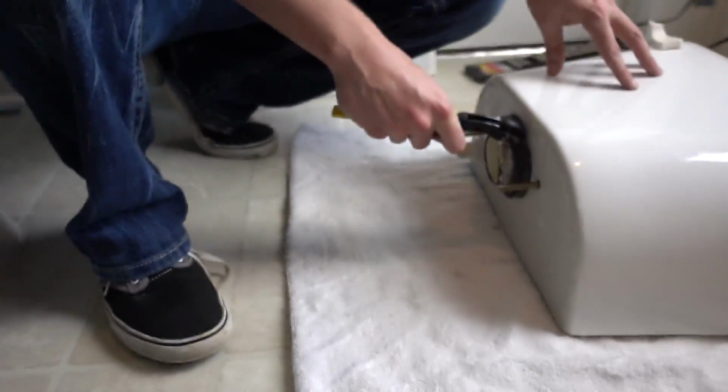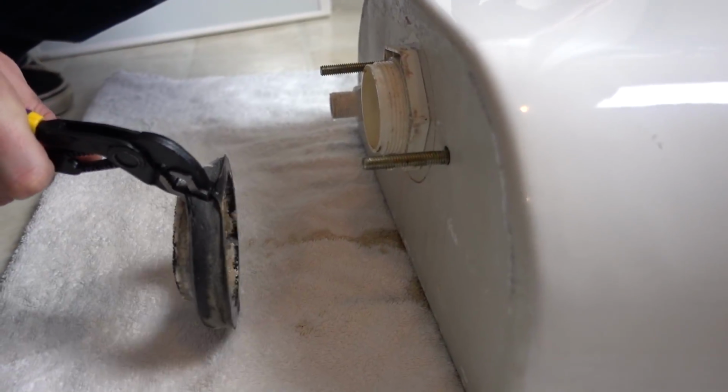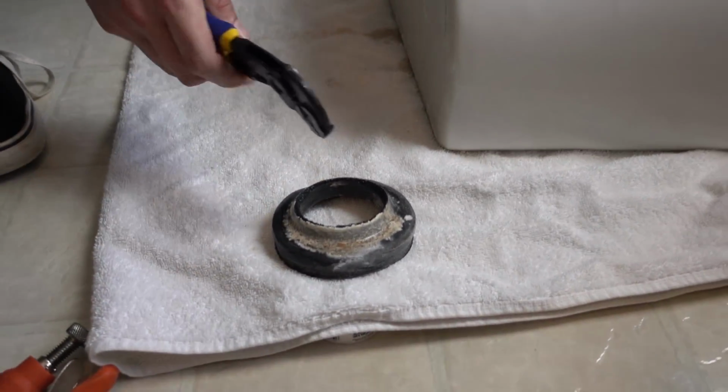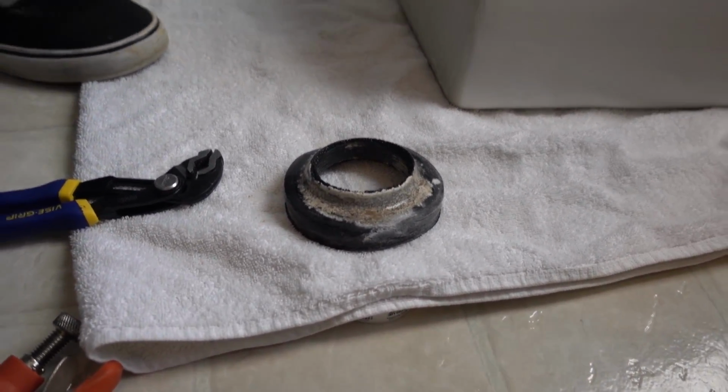Alright, you got it. You want to take your pliers and you want to gingerly pinch your rubber and just pull her off. Oh, that looks disgusting. The amount of doo-doo that's been through that hole right there. Oh my god, no! Okay, let me go with my...